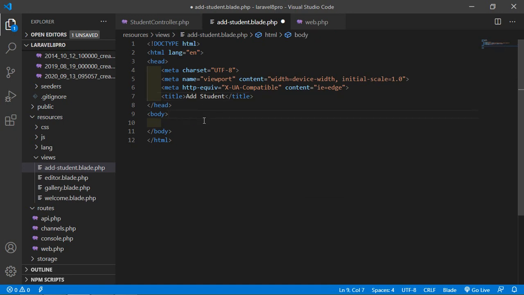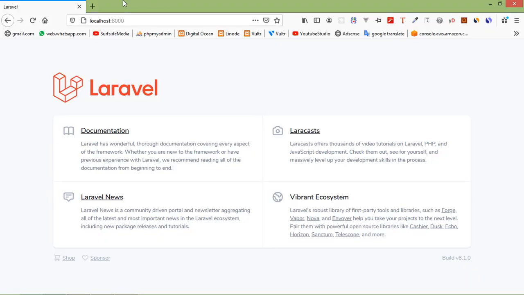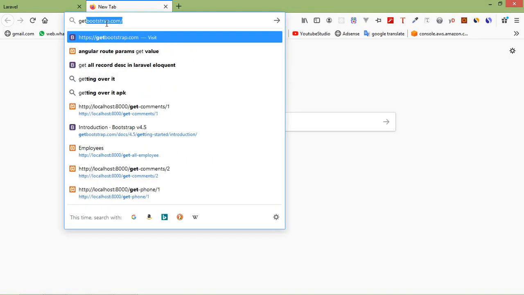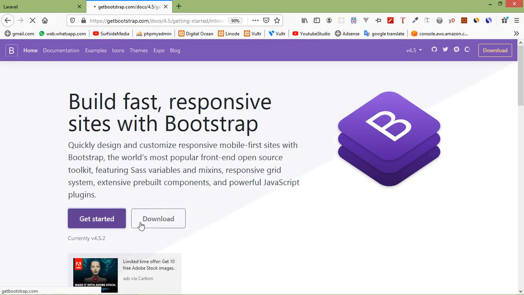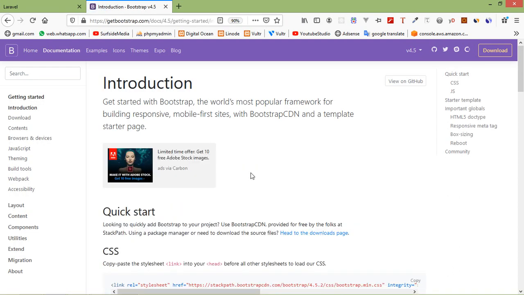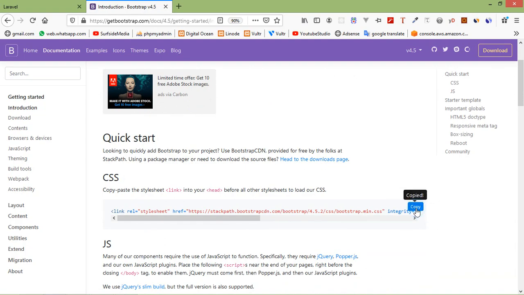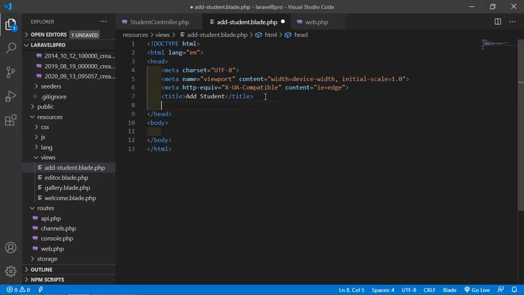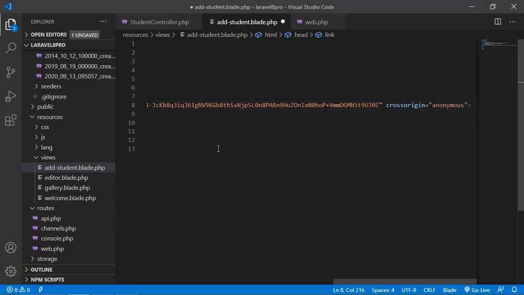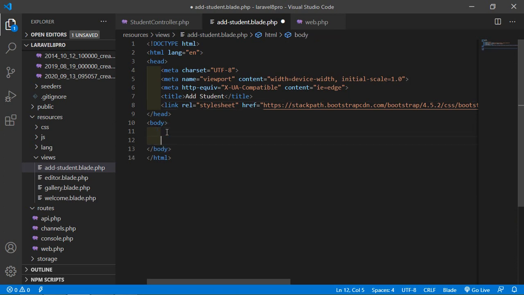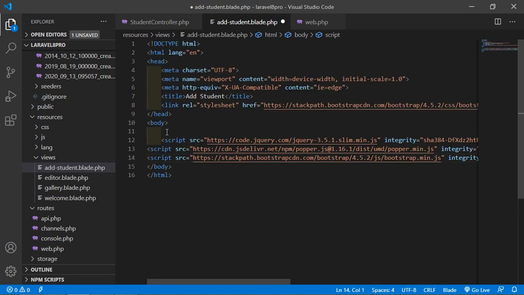Alright, and inside this, first of all let's add the Bootstrap CDN inside this blade. So go to getbootstrap.com and now click on get started. From here copy this CSS and paste it here. Now copy this JS file and paste it here. Alright,